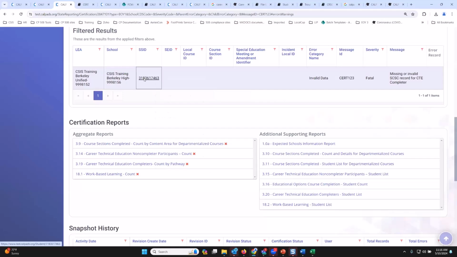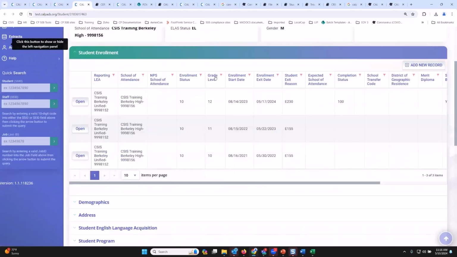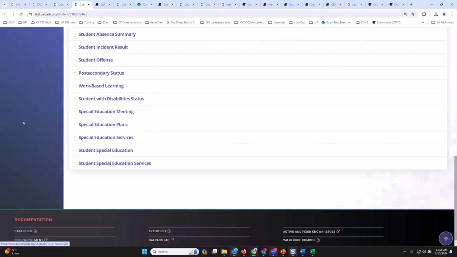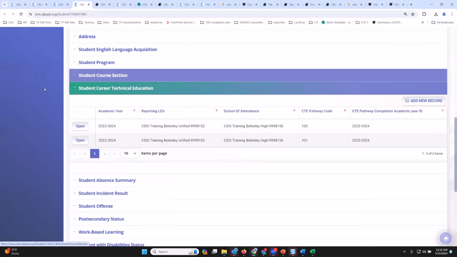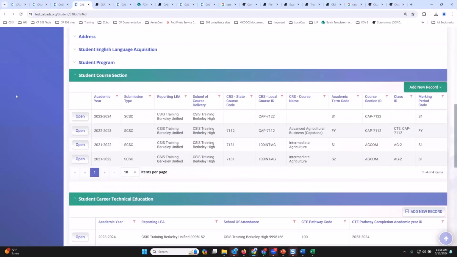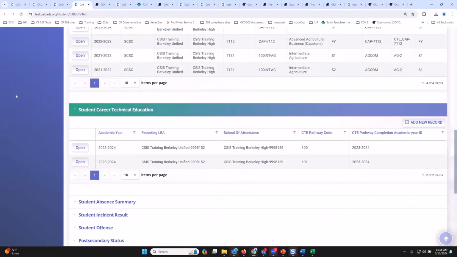So let's go to this SSID and let's see what the issue was. So I scroll to the bottom and I look at the SCTE file and the student course section. All right. So it's stating that we're claiming that the student completed both CT pathway 100 and CT pathway 101.